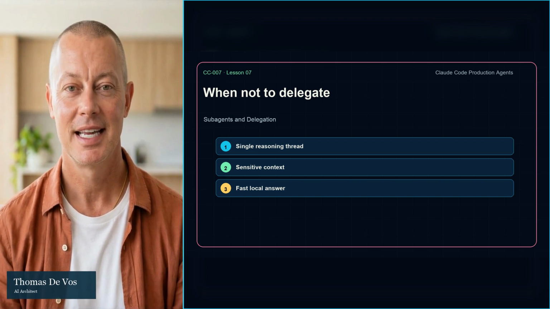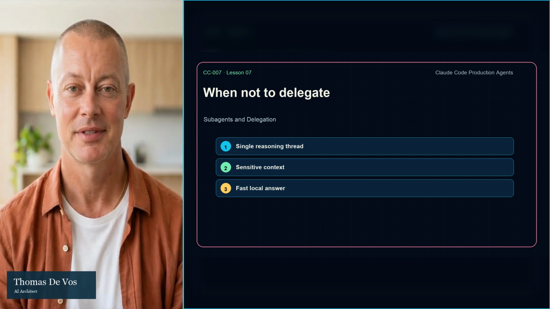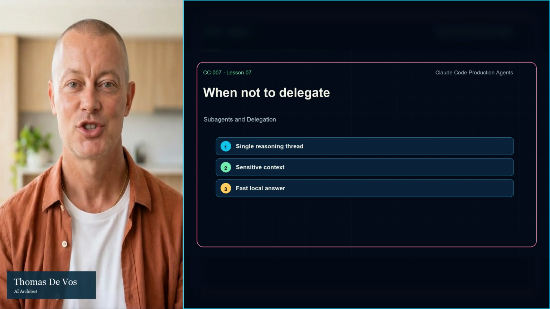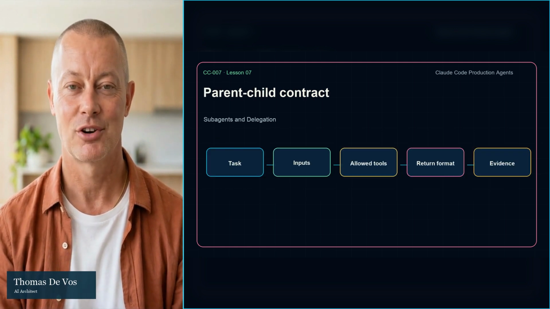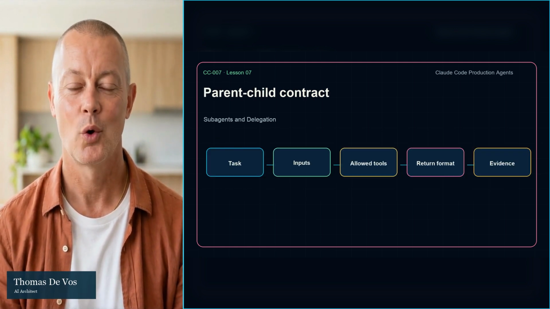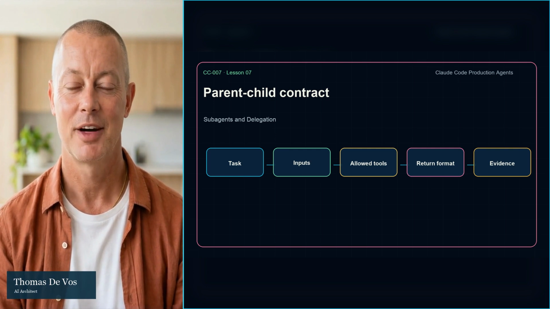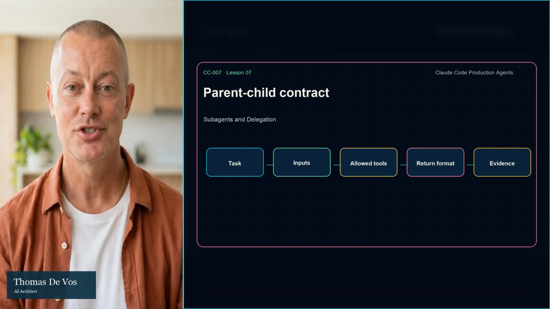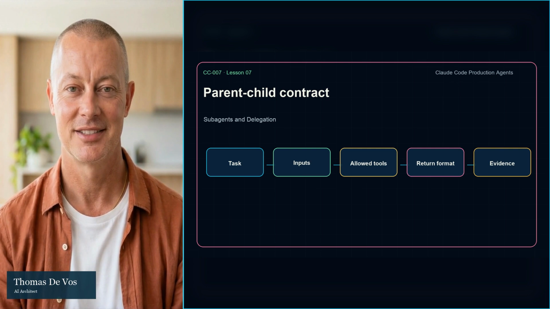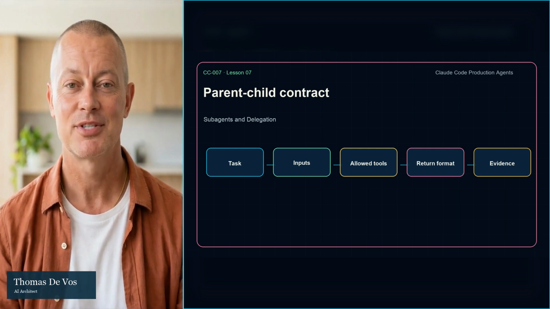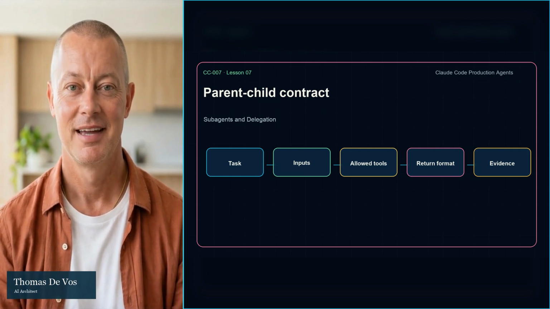A healthy delegation workflow has 5 steps. Plan the split. Spawn a worker with a bounded contract. Monitor or wait for the result. Verify the evidence. Merge the conclusion into the main decision. The merge step is where many systems fail. Parallel work is not useful unless the